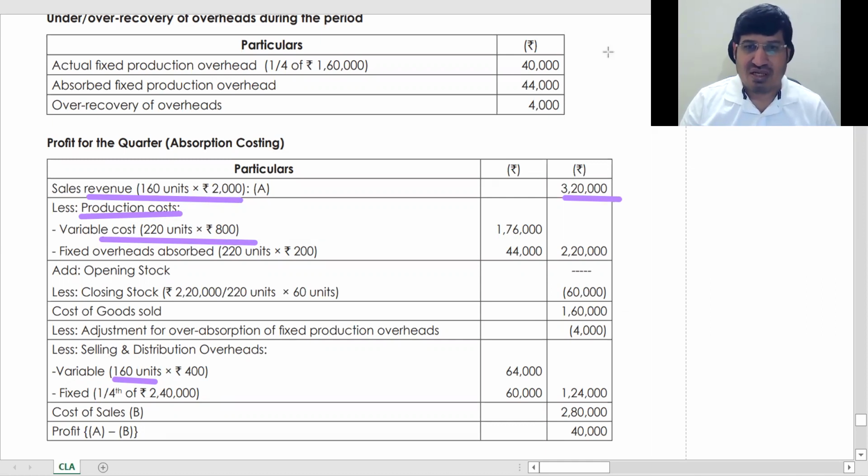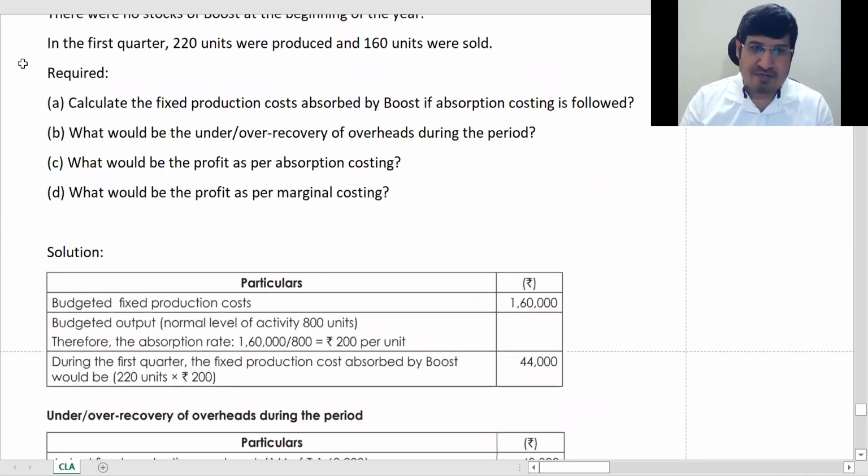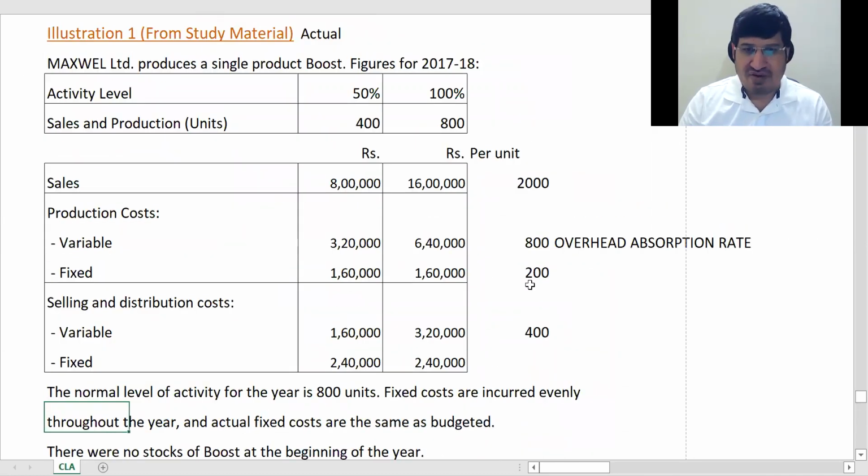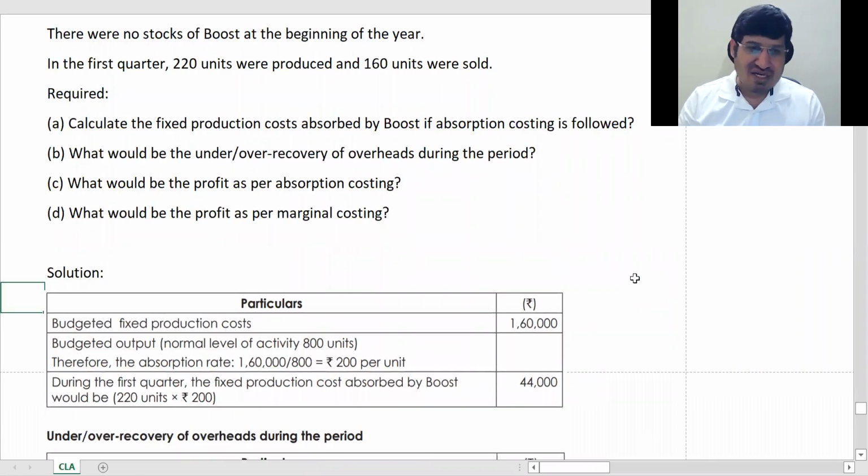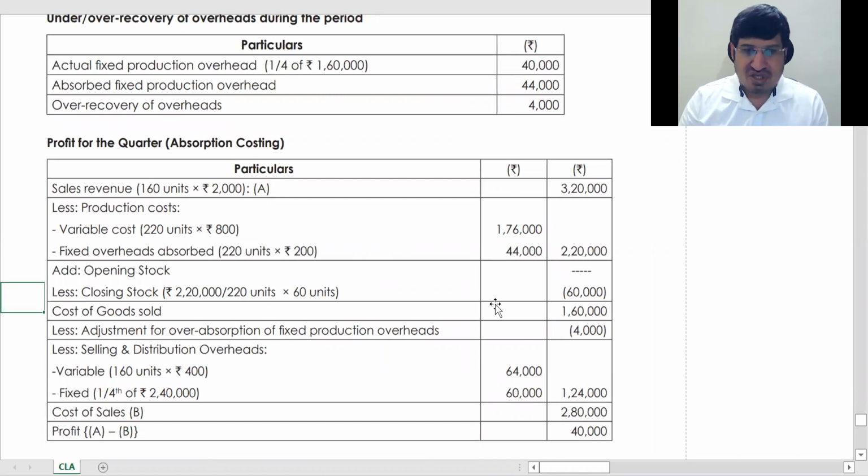So we want to see the variable cost per unit. So you can see here, right, we had calculated. Sorry, here I have written overhead absorption. This is the overhead absorption. Okay. So 800 is your variable cost per unit. We had calculated at the beginning. So this is your